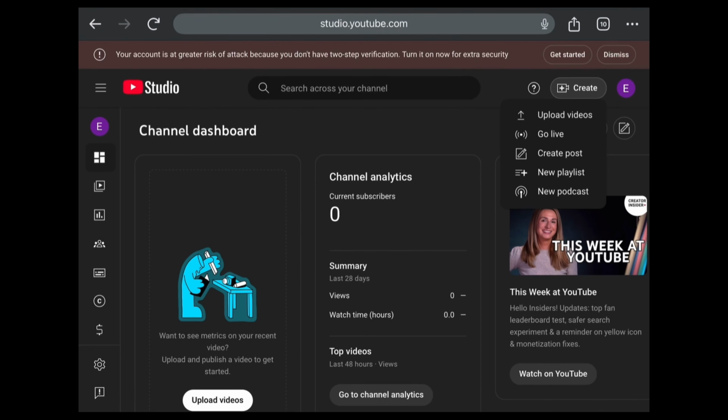Alright, so we are in the YouTube dashboard now, the YouTube Studio, and if you click at the top right hand corner where it says create, you will see the different options. So we have the option to upload video, go live, create posts, add new playlist or new podcast. Okay, but for the sake of this video, we're just going to click on upload videos because that's what we